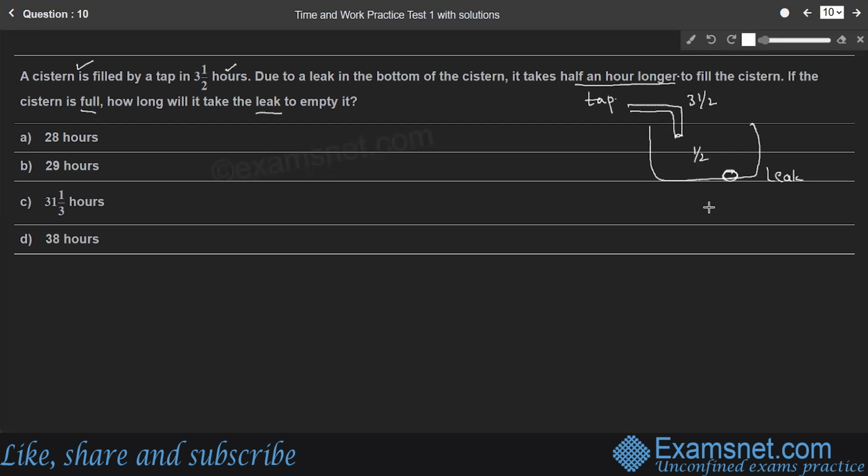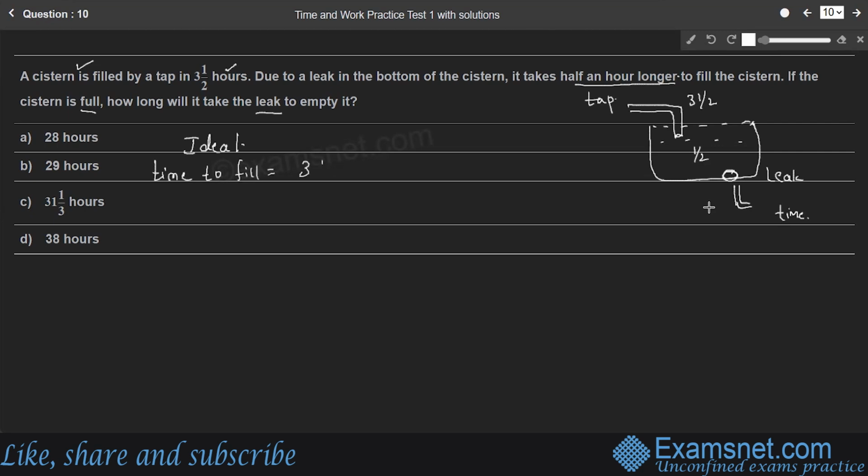So if the cistern is full, how long will it take the leak to empty it? What is the time taken by the leak to empty the cistern? For that, we'll consider the ideal case. So in the ideal case, time taken to fill the cistern,